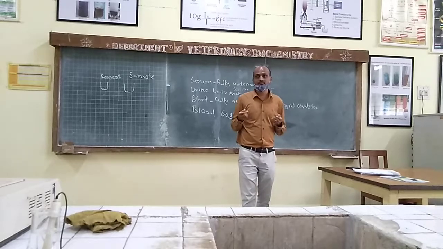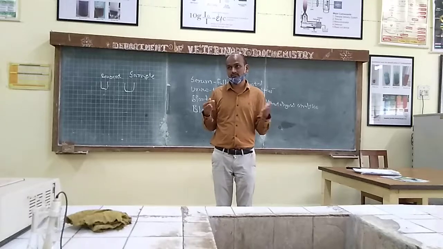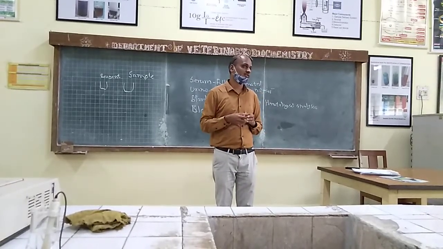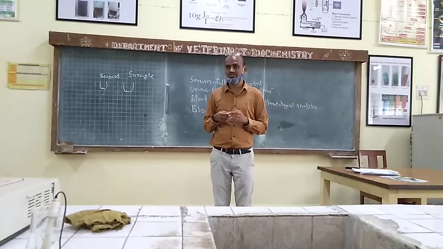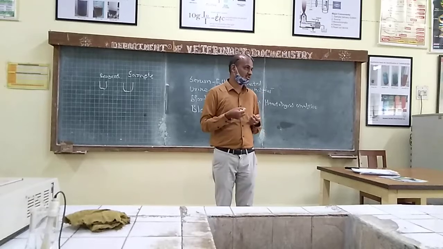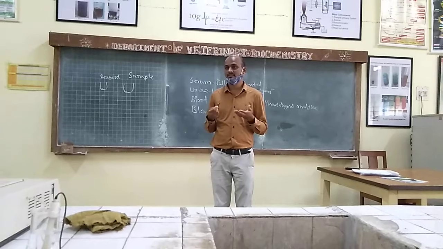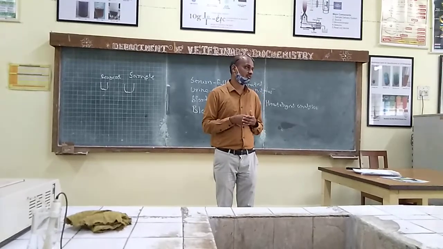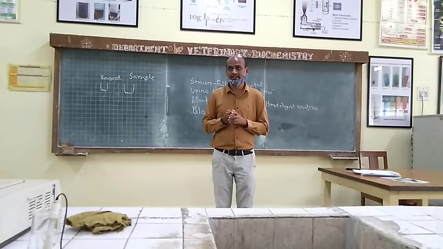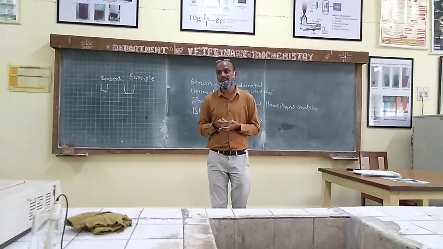For cholesterol estimation, if some animal has a fatty diet, say a dog being bred on a fat diet, the chances are that the dog may develop atherosclerosis. Atherosclerosis means that fat deposition will be in the blood vessel and the blood vessel will be blocked. If the blood vessel to the heart is blocked, the heart will get dysfunction, so myocarditis or infarction can happen. If it is in the coronary artery, the brain may get damaged, right? A stroke could be there. So these are the different pathological investigations.